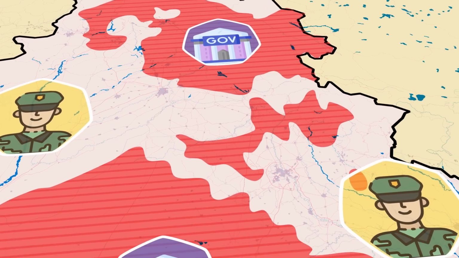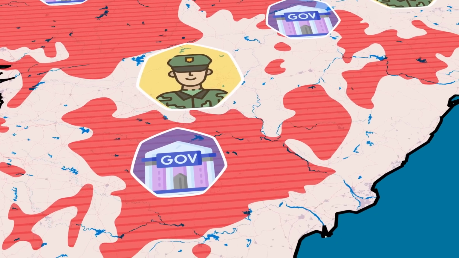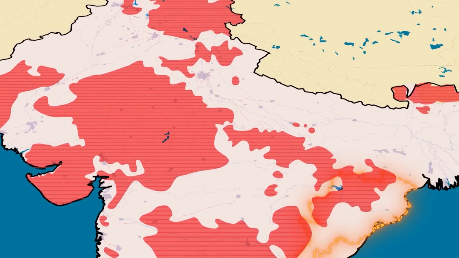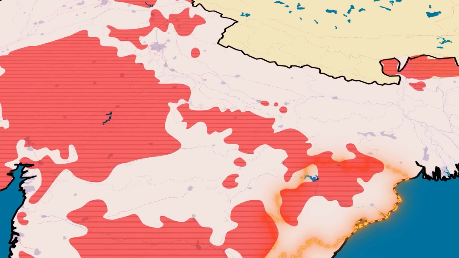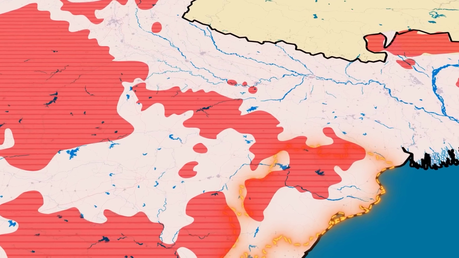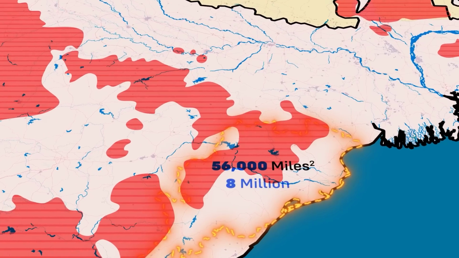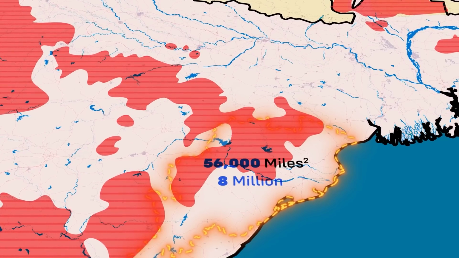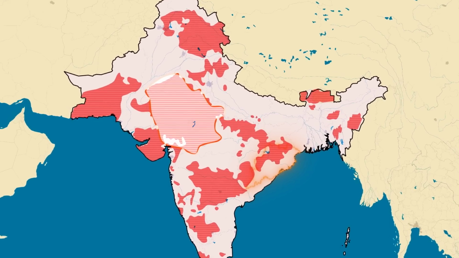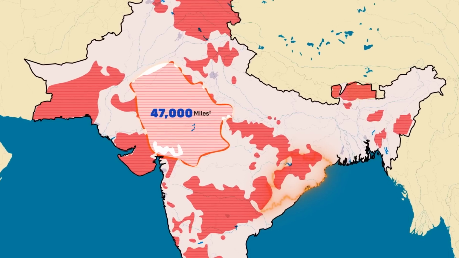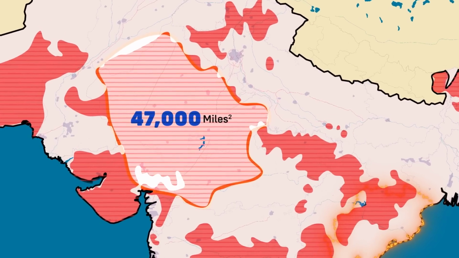Despite their reluctance, these rulers realized that remaining independent was impractical and that the risk of revolution was high. Ultimately, it was more prudent to accede to the government of India and secure generous privy purses. After persistent negotiations, an agreement was reached, incorporating 56,000 square miles of territory with a population of 8 million into the Union of India. Madhya Bharat was formed through the unification of 25 princely states, spanning 47,000 square miles across central India, with key states like Gwalior, Indore, and Malwa at its core.